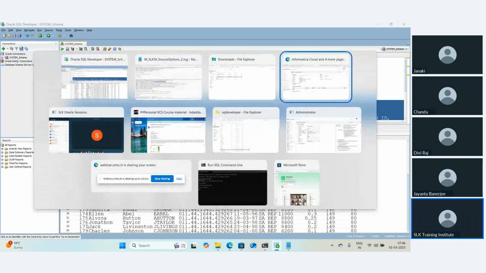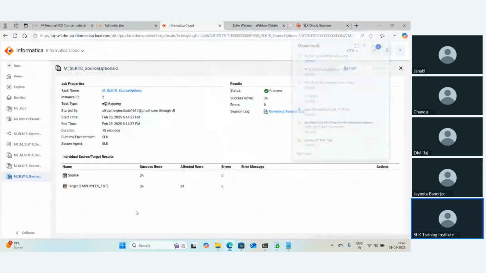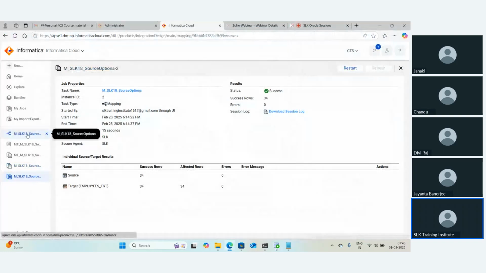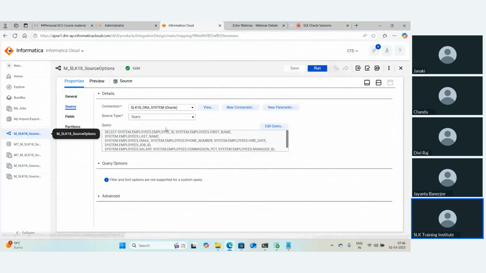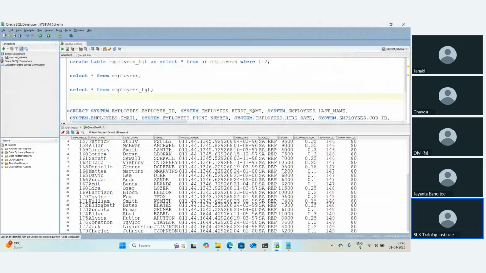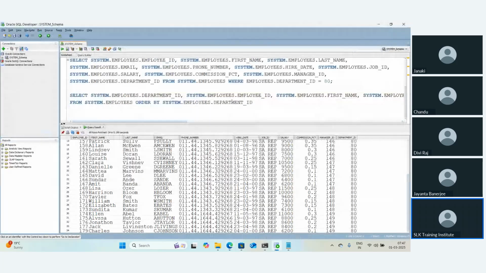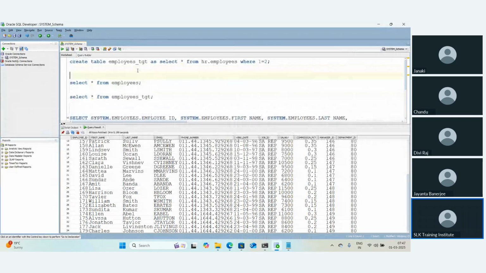Okay, these are the different properties of source, and there is one more property. There is one more property in the source type, which is multiple objects. Multiple objects is nothing but if at all we wanted to use multiple objects in the source. Let's say, we have only the department ID here. So what I'm going to do, I will just add